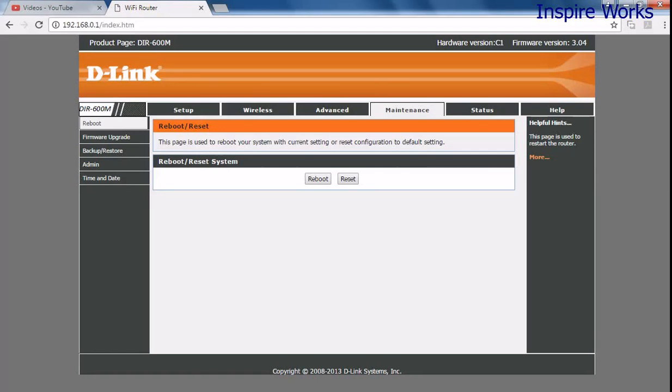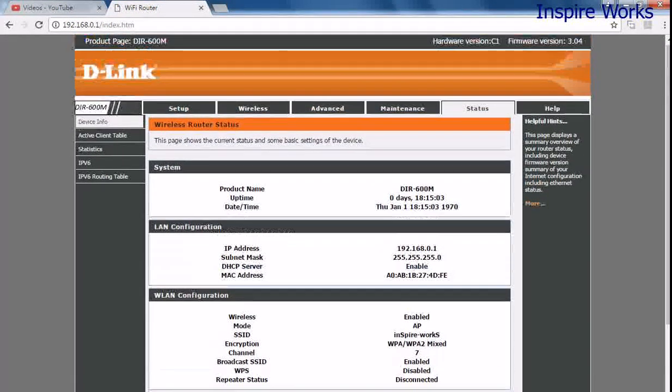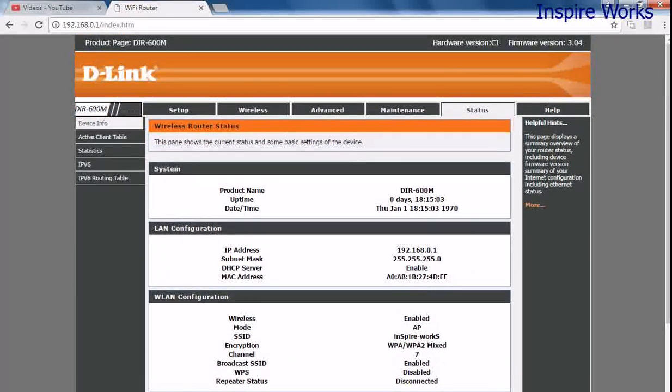If you go to the maintenance tab, it will give you the option to reboot or restart your system. This is useful when your Wi-Fi is not working and the ISP provider comes to you and says that their line is working properly and there is some issue with your Wi-Fi. You can easily reset or reboot your Wi-Fi. It will reset the previous configuration, or reboot means it will reinitialize. If some firmware is getting updated, then you need to reboot your Wi-Fi in order to get the latest configuration. If we go to the setup, we have already checked the setup.